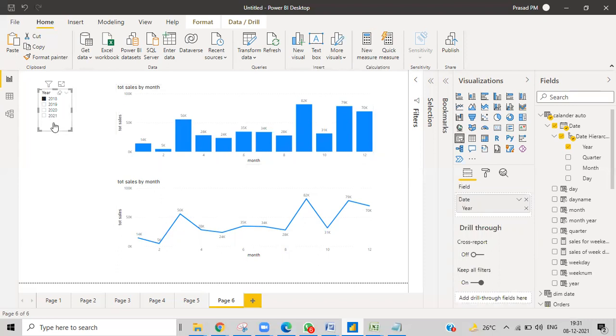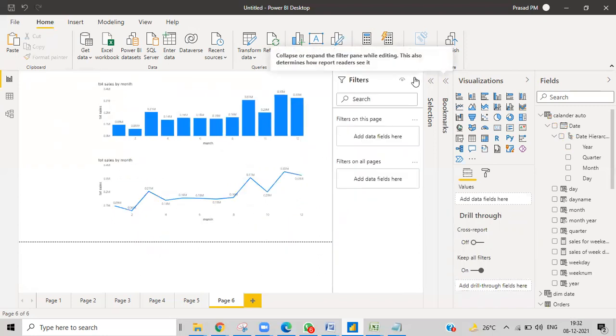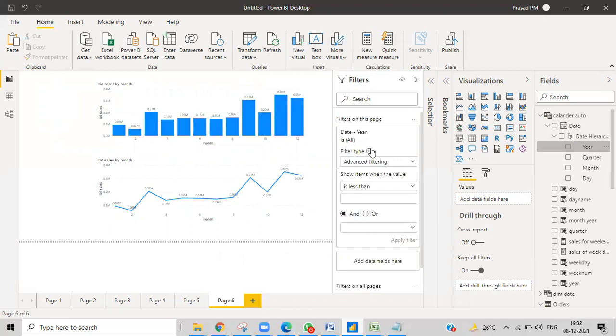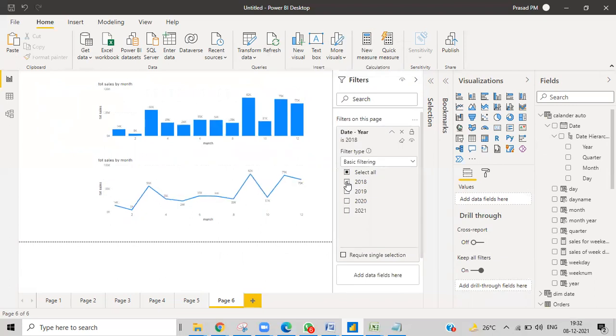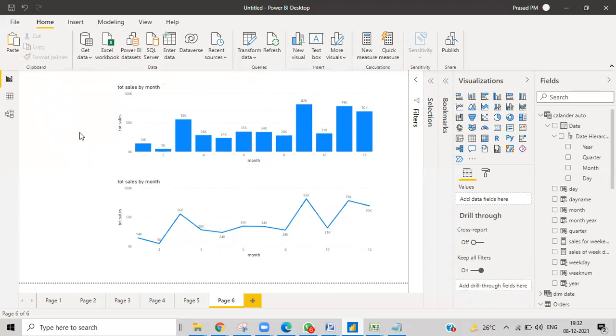People ask, and we do have another option to filter without this, that is hard coding the particular visual. If you have a lot of data and want to show only a particular year, and you hard code that, the user can change it too, but not very frequently. Then what we'll do, I just won't delete this one. We have the filter pane. There you can get the year. These are things we'll learn more later. Just for example, I'm showing you 2008. You get the data of 2008. You can close that, simple, and it remains the same.